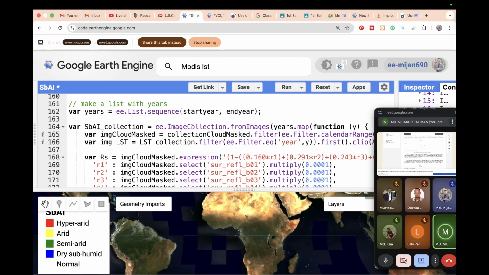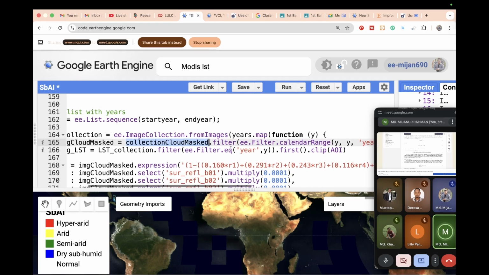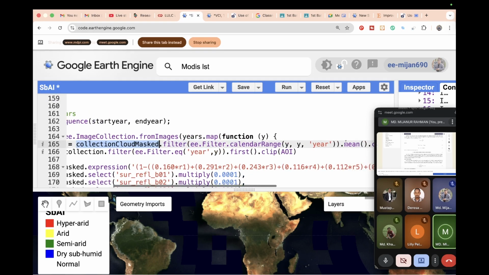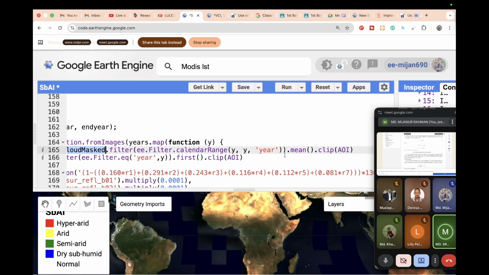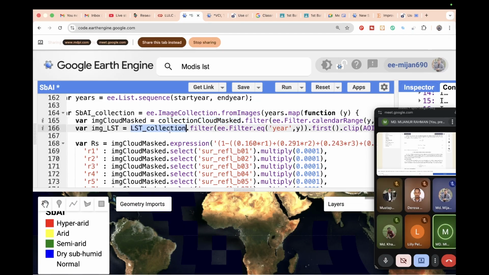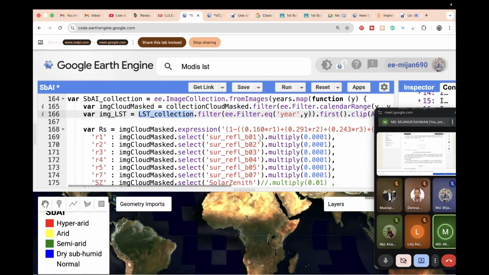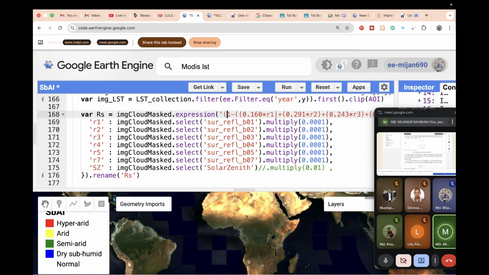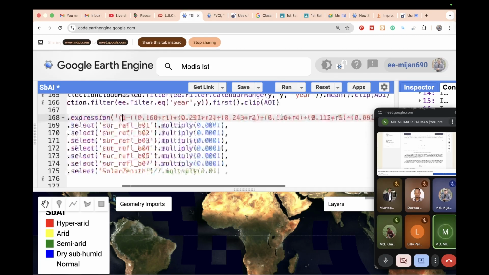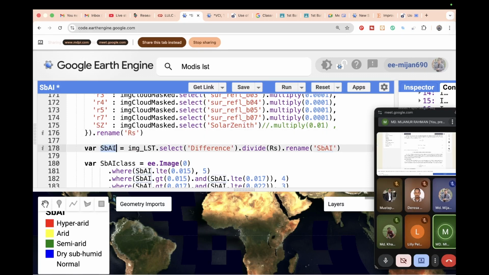For that you can see, I take the years and then create a function. In this function we simply call our collection. This collection we simply filter annually, year by year, compute the average and clip with the study area. Also call the LST collection. The LST collection we also take yearly and clip with the study area. Then you can see, just apply this formula, 1 minus 0.160. So this is the formula. Simply compute and rename it RS. Then simply apply the SABI formula. Basically image LST